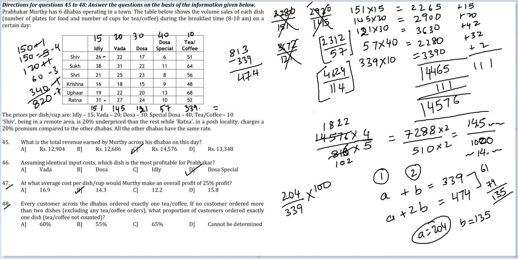Now, I don't know if you recognize this. 204 is a multiple of 17. 339 is one away from a multiple of 17. So let me turn this into 340. Cancel and cancel. I get 6 here, I get 10 here, cancel and cancel. My answer is approximately equal to 60%. Among the available options, the one that I would mark would be option A, 60%. Good set, some bit of calculation required, but if you do it logically, it can be done quite quickly.